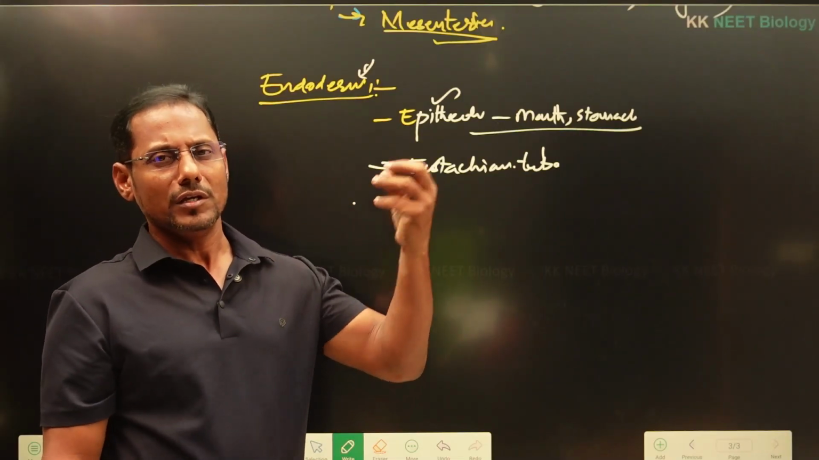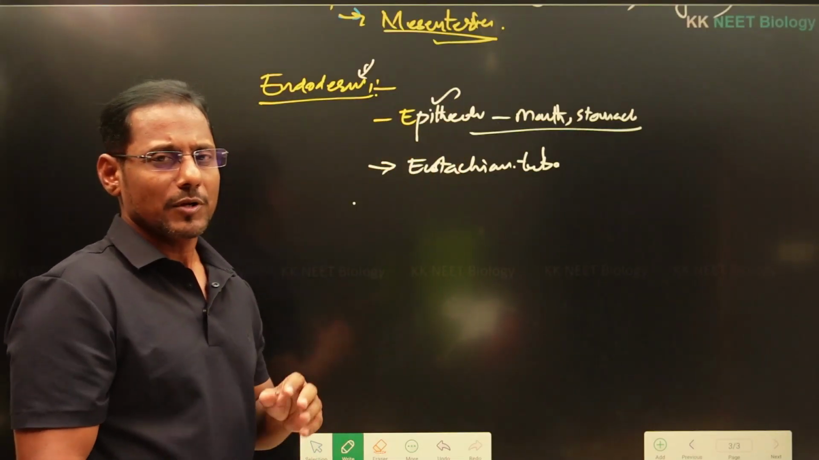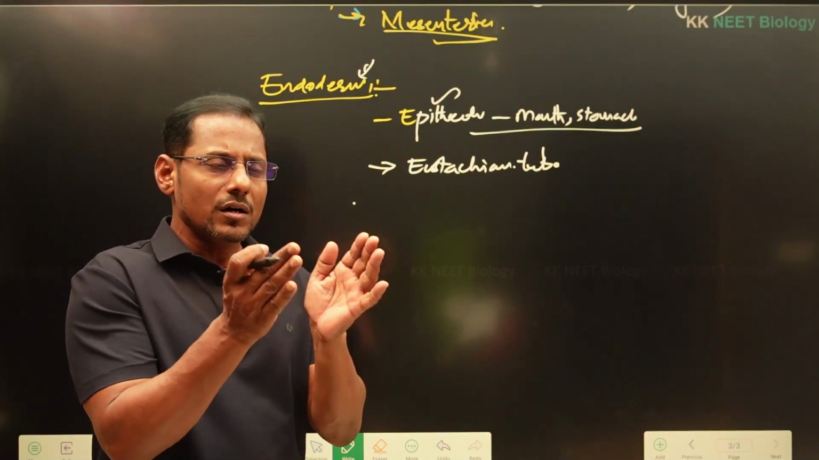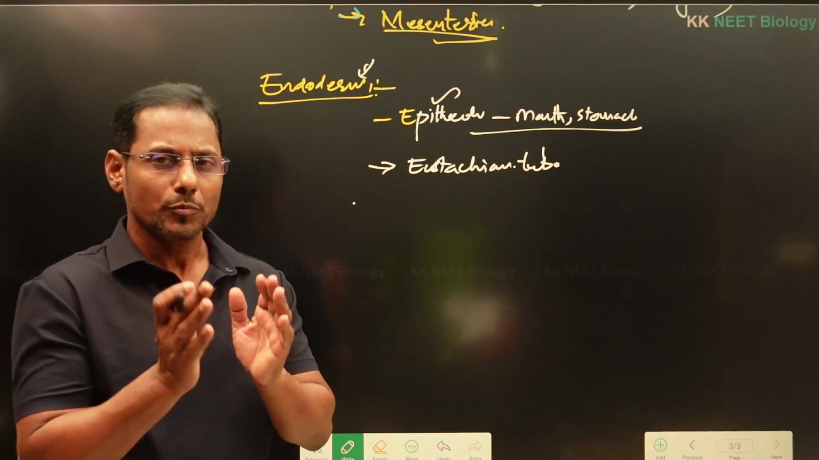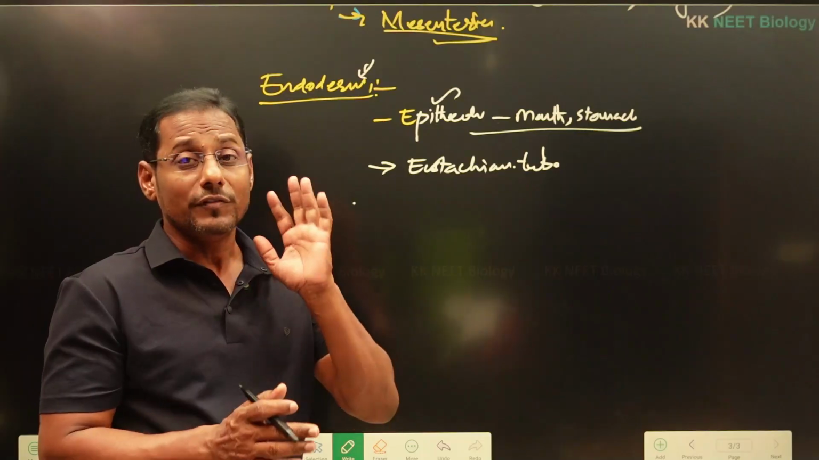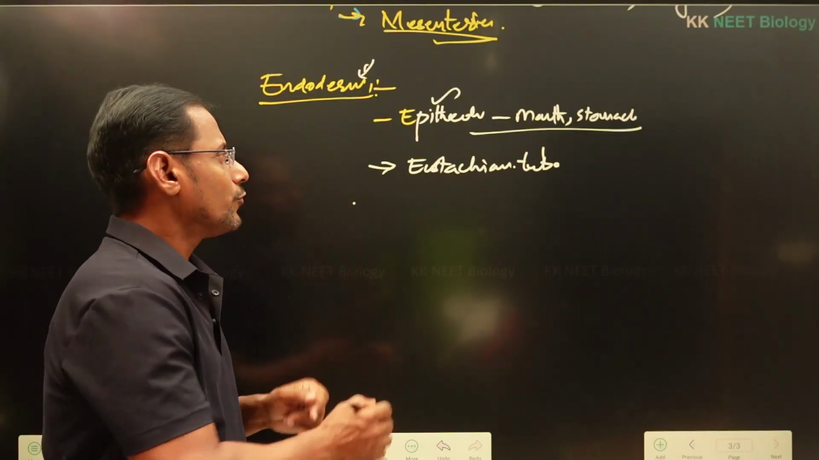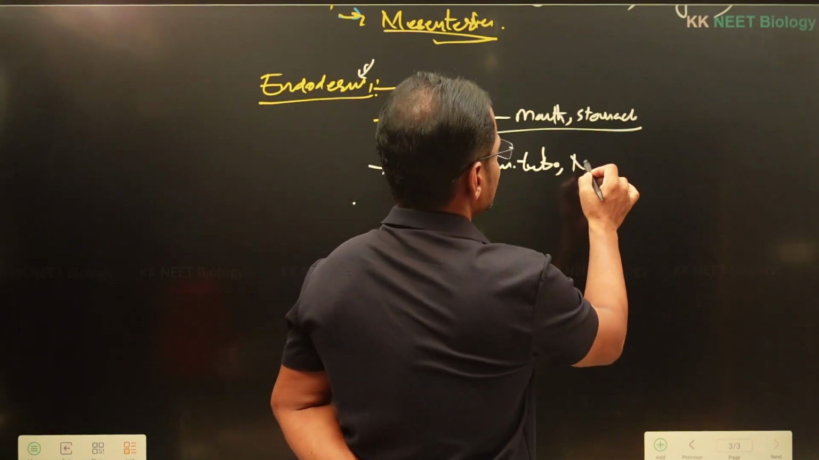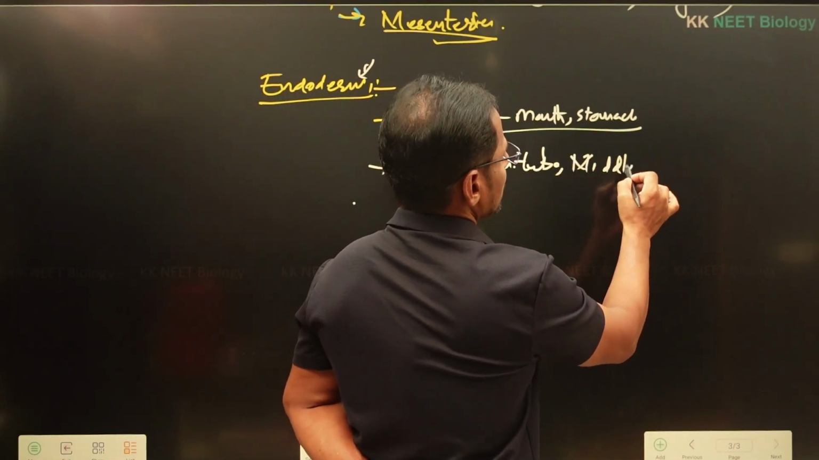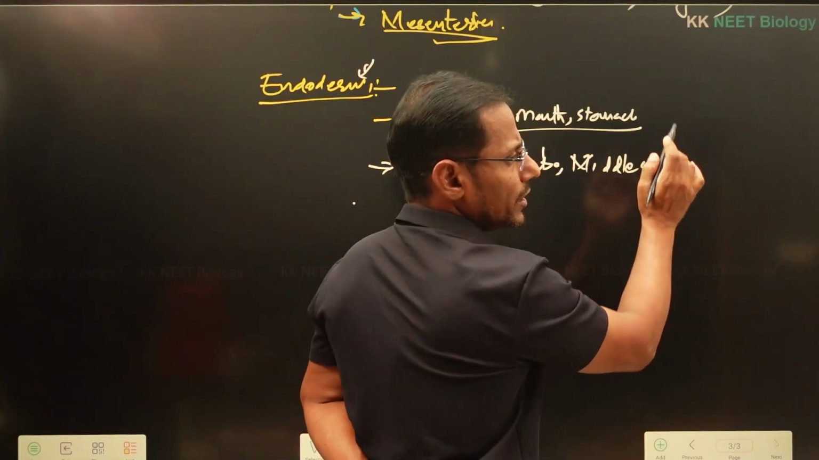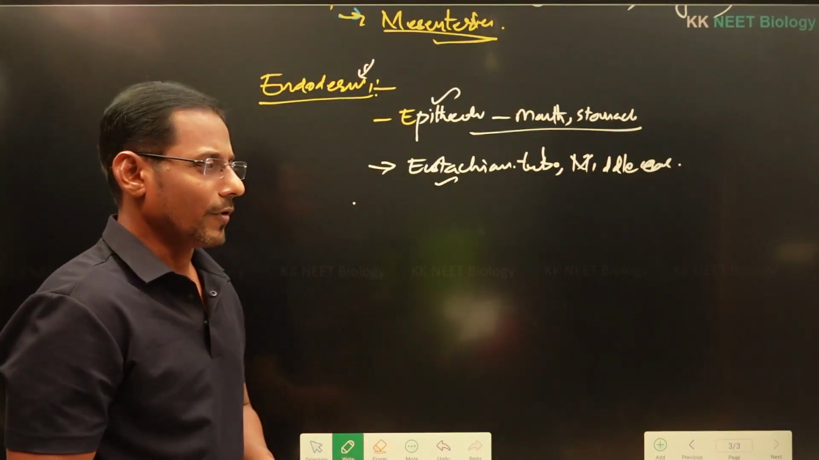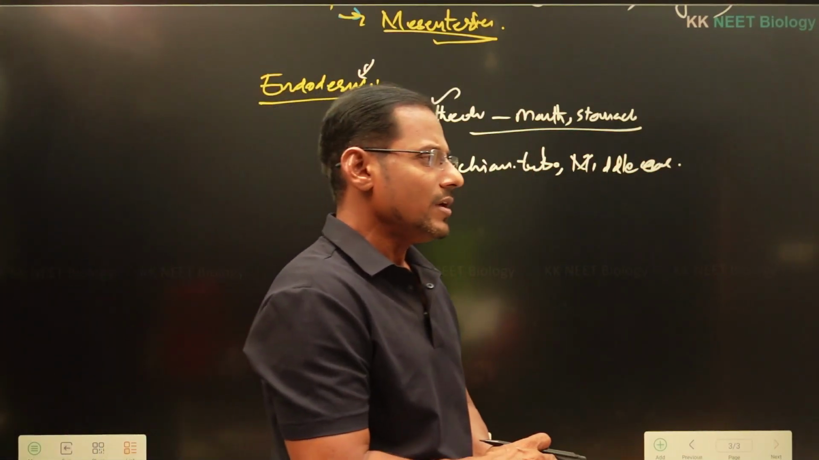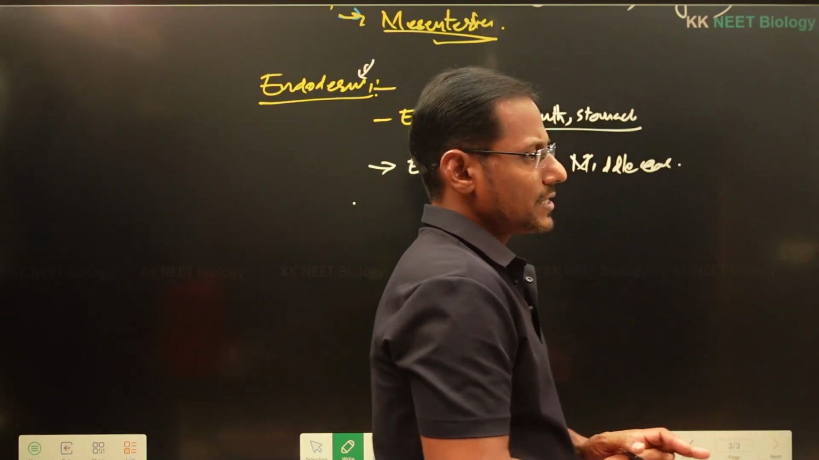Otherwise the sound will be muffled, right? Because equal pressure should be maintained on either side of the eardrum. For that the eustachian tube is useful, right? And the middle ear also is going to be developed from the endoderm, right? And some of the